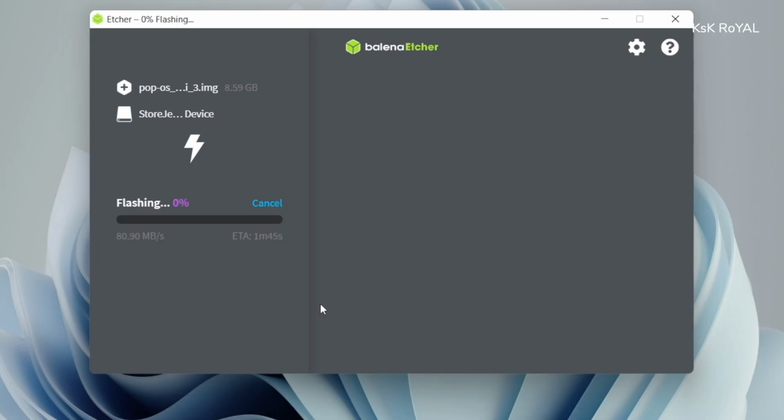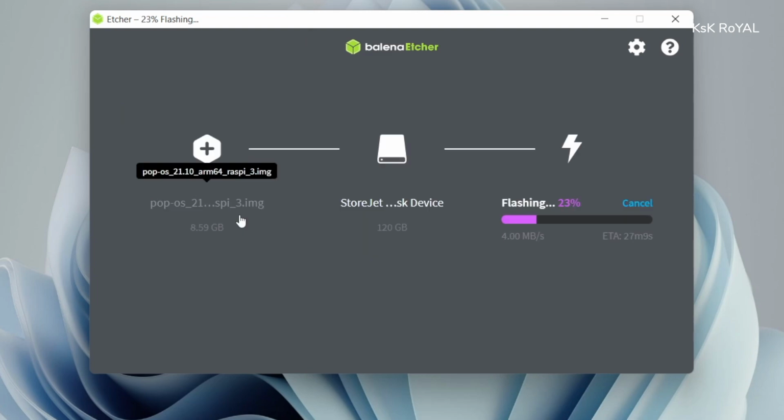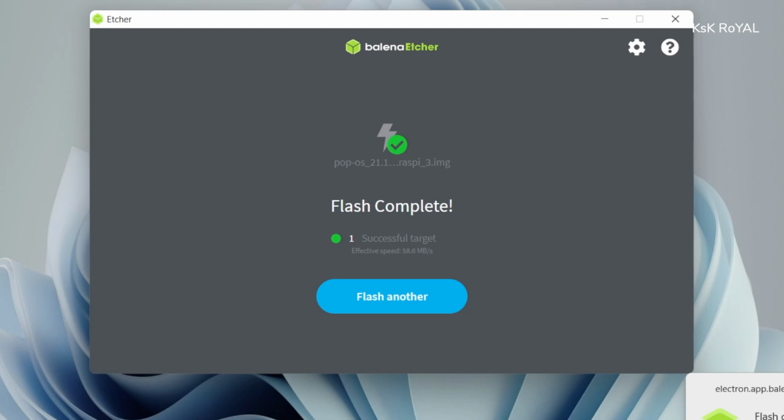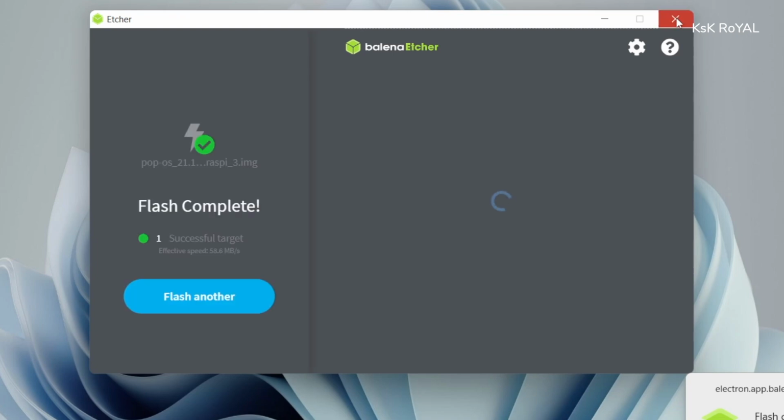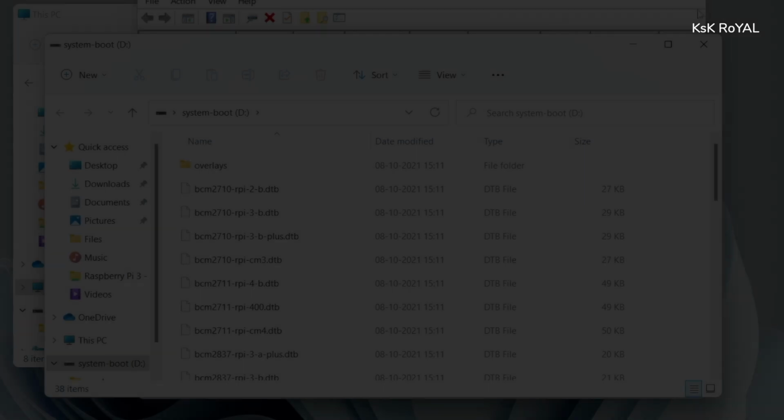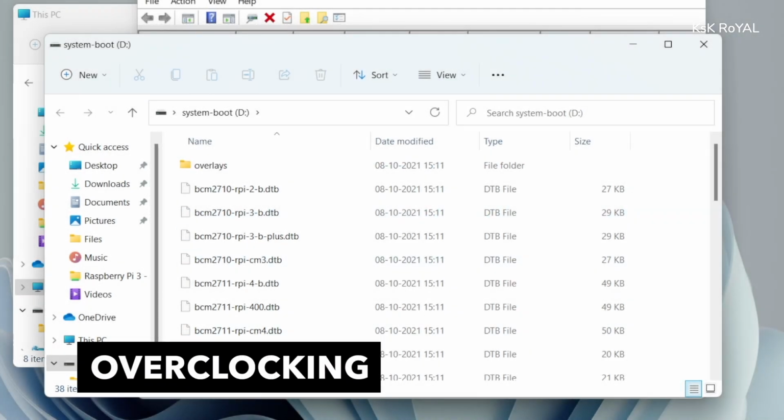Sit back and relax. Once it's done, eject the USB device and reconnect it to the computer.